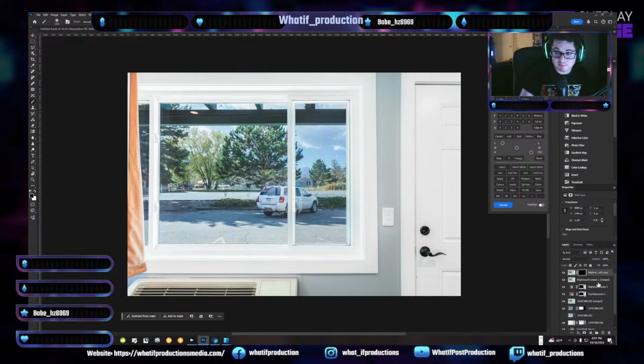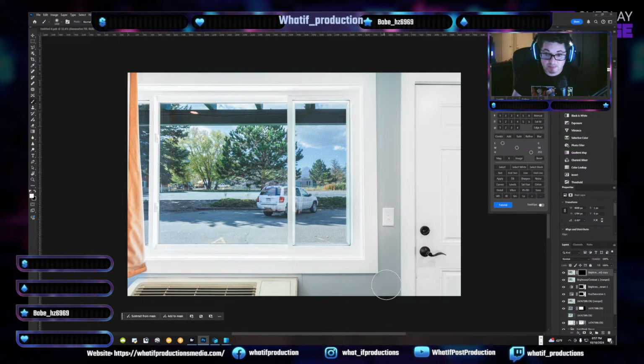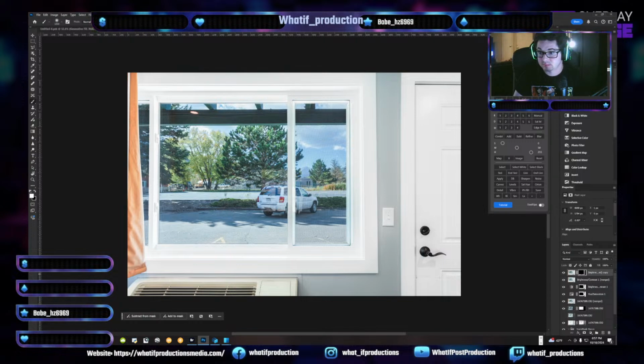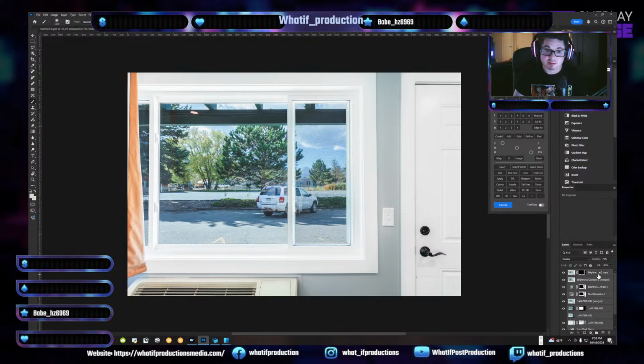I'm gonna layer mask that. Bring my flow to like 10%. And I'm just gonna selectively paint this in. Clean up our color a little bit. More unified. Drop that to like 79%. Do our final touches on